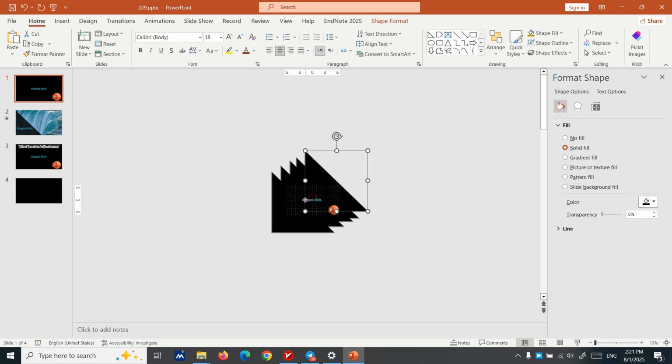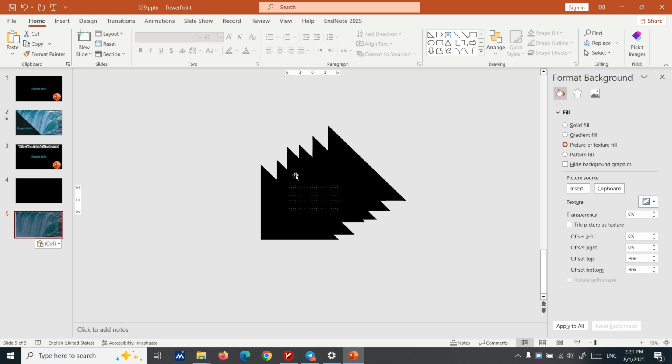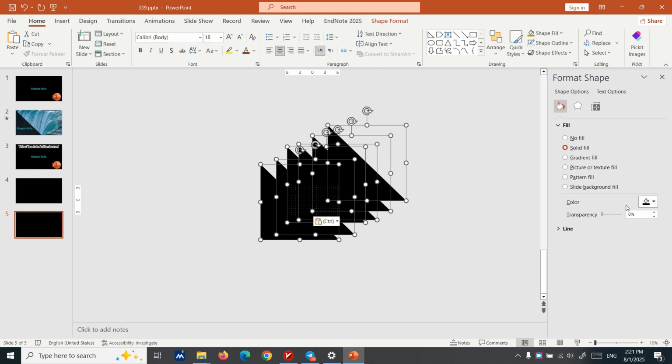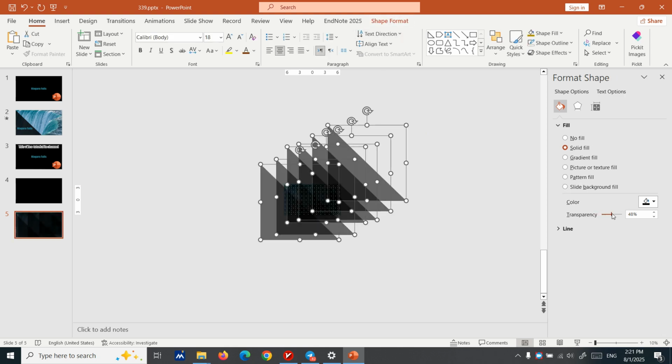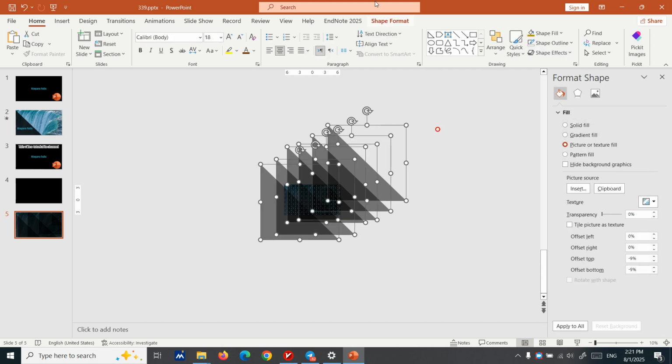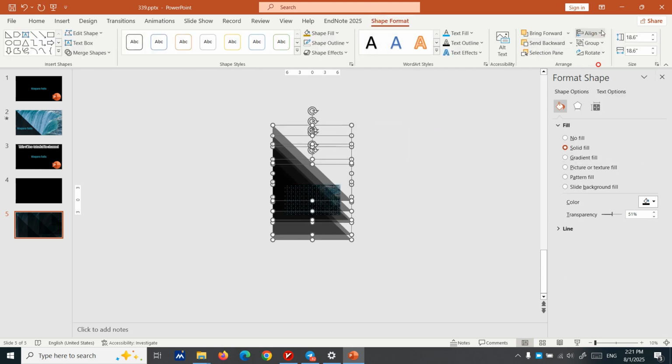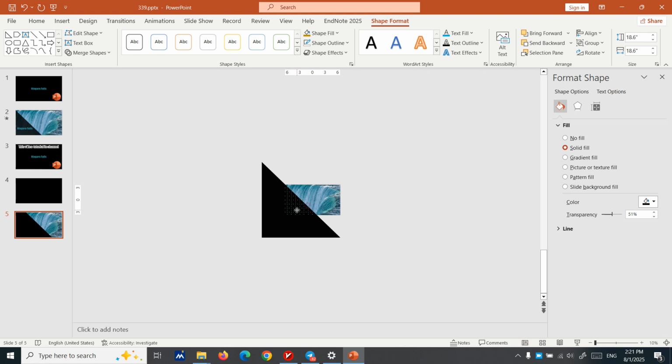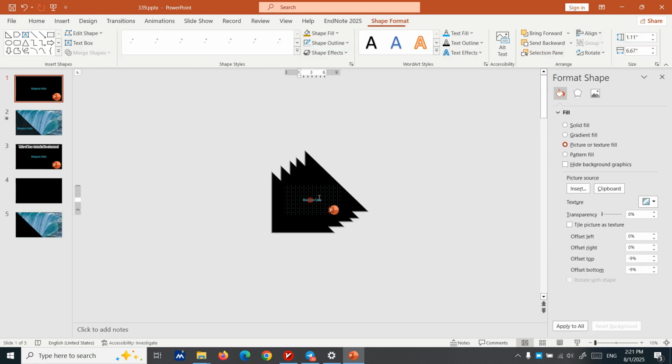copy the text, but before copying the text, copy this slide, select all of them, set the transition to none, then select all of them, align them center, align them middle, and bring them here. Now we copy the text,